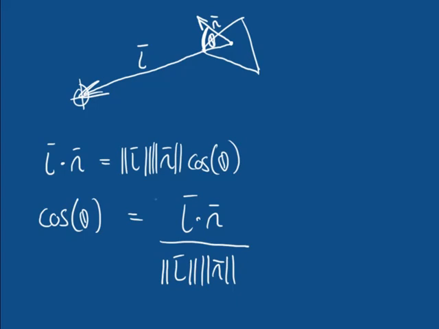So this equation right here, where we're working out the cosine of the angle between those two vectors, is actually the basis of the Lambert lighting model, which is used as the basis for diffuse lighting calculations in pretty much every renderer everywhere. That's pretty cool, but I'm getting a little bit out of what I was trying to talk about. We have this equation, and we're going to be evaluating it hundreds of thousands